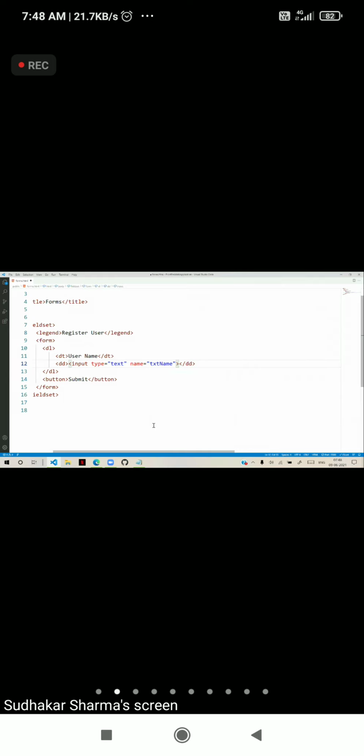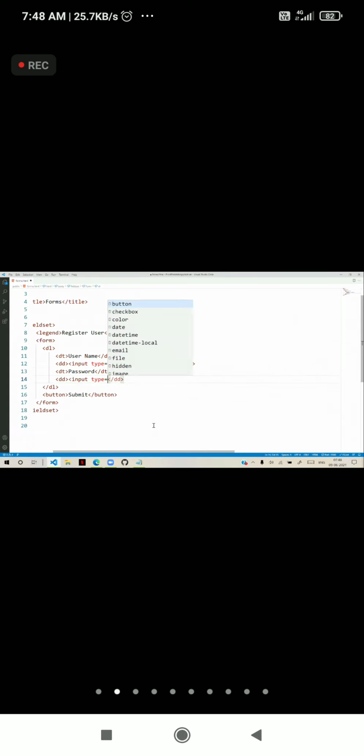And another is password, which we don't want to display while typing. So we use input type password, with the name txtPassword, some name.